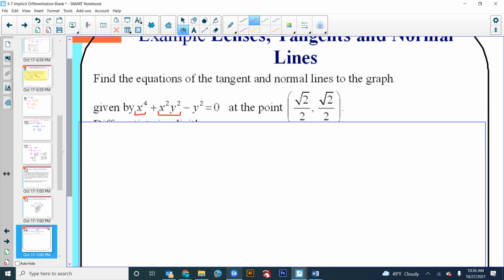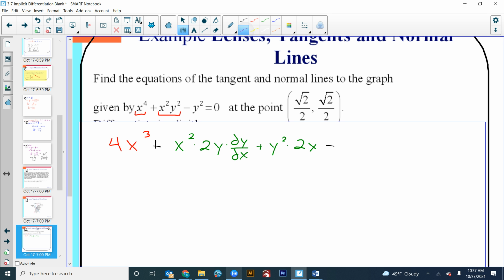All right. The derivative of x to the fourth is 4x to the third plus. All right. We got a product rule. We got first, x squared. Derivative of the second, 2y to the first times dy dx. So we got first times the derivative of the second plus the second times the derivative of x squared, which is 2x,